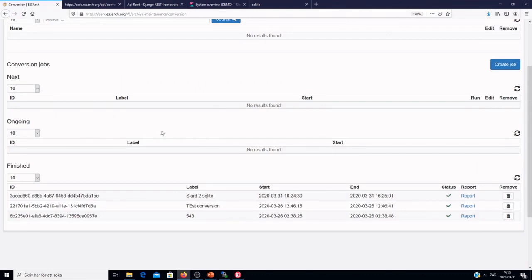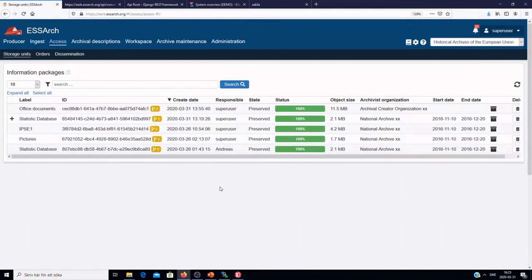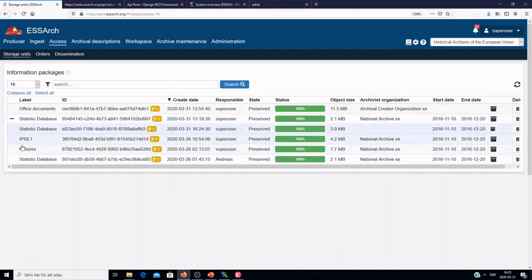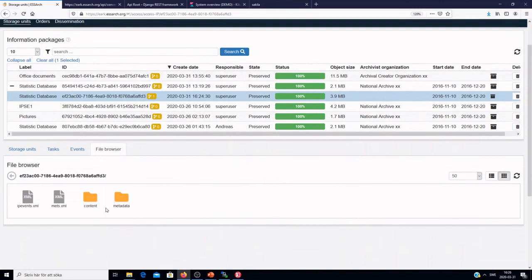So if we now take a look under the Access, you can see that the statistic database here has a plus sign, because we just created a new generation or new version of the package. So we didn't destroy the archived CR file. It's still in the generation 0 package. But we generated a new version 1. And if we browse this new package